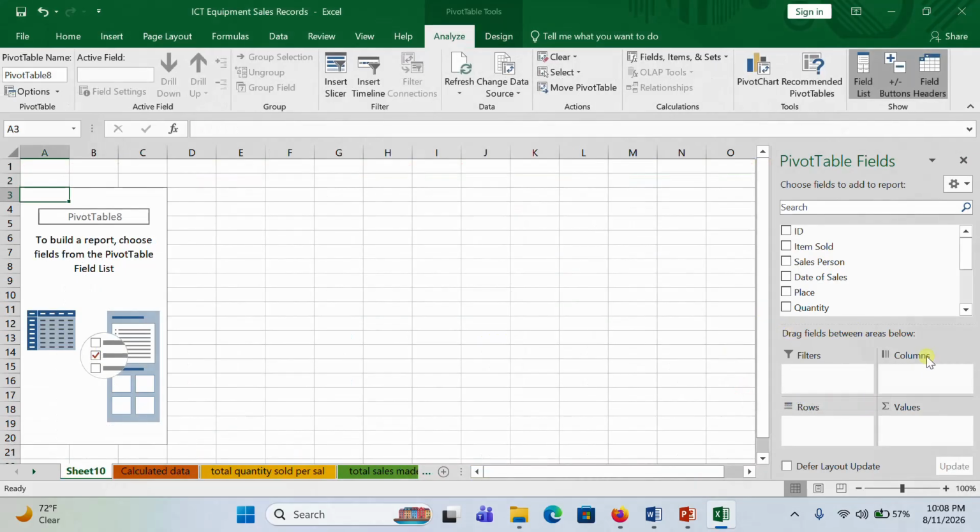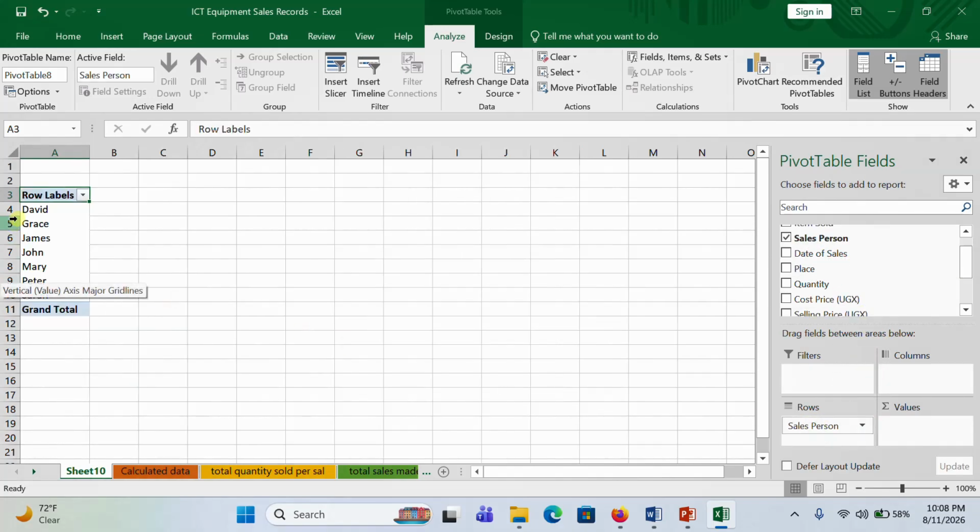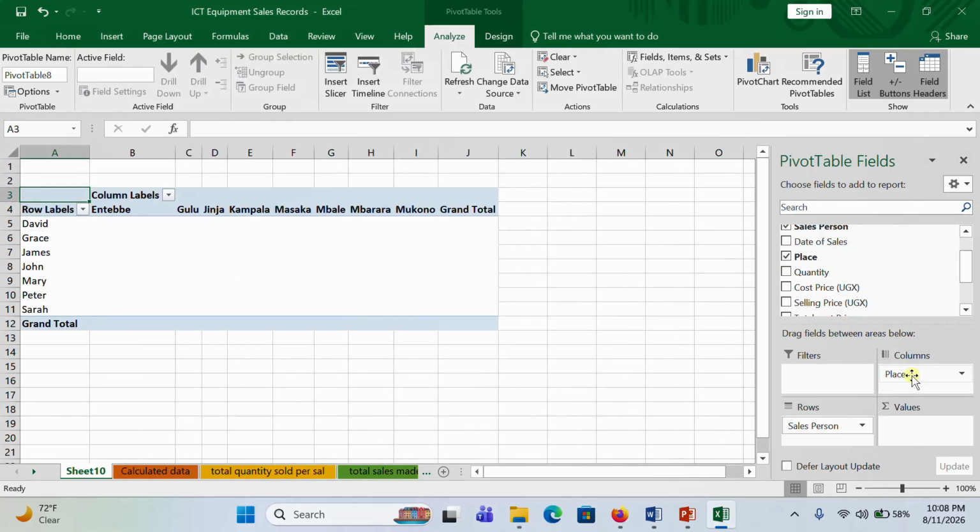Now today we are introducing the column in this one here. So we shall need the salesperson here, because for them they are supposed to appear in rows. Then we need the places, comparing David, which place, Ginger. So that one we shall put place under columns, so you can see we are having our